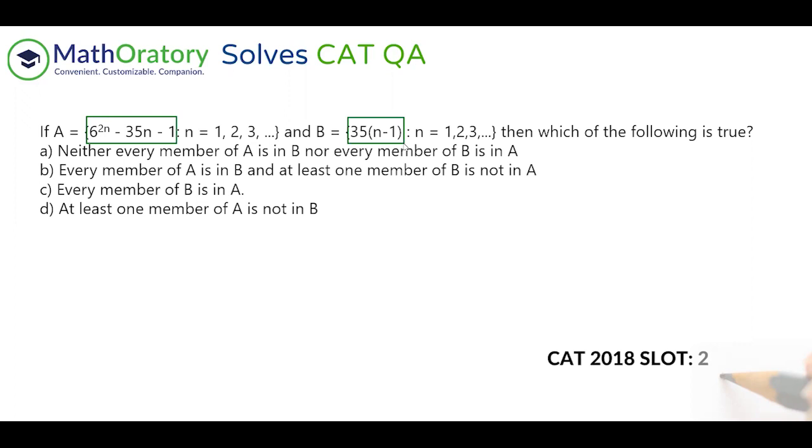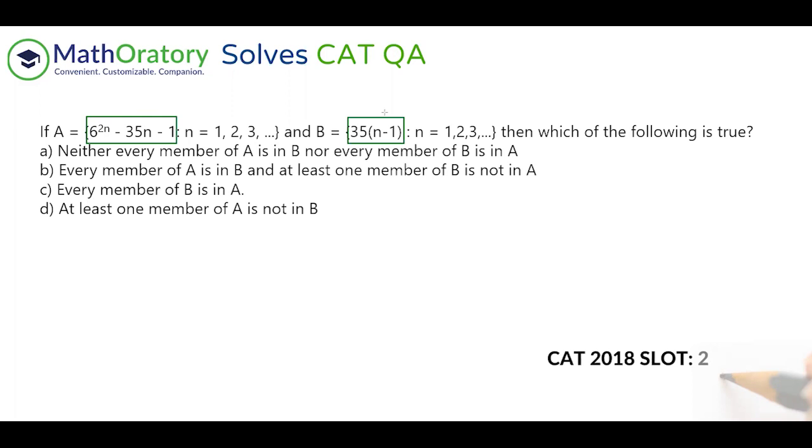The first thing that strikes me is at n equal to 1. If I put n equal to 1, the element of A will be 0, and the element of B will also be 0. You can just put n equal to 1 and check. I'll just show this once. If you put n equal to 1 here, this becomes 36, 6 square. This one becomes 35, and this is 1. So basically 36 minus 36, that's 0. And this is obviously 0, right? You have n minus 1, so that is 0 into 35. So A and B both will be 0 at n equal to 1.